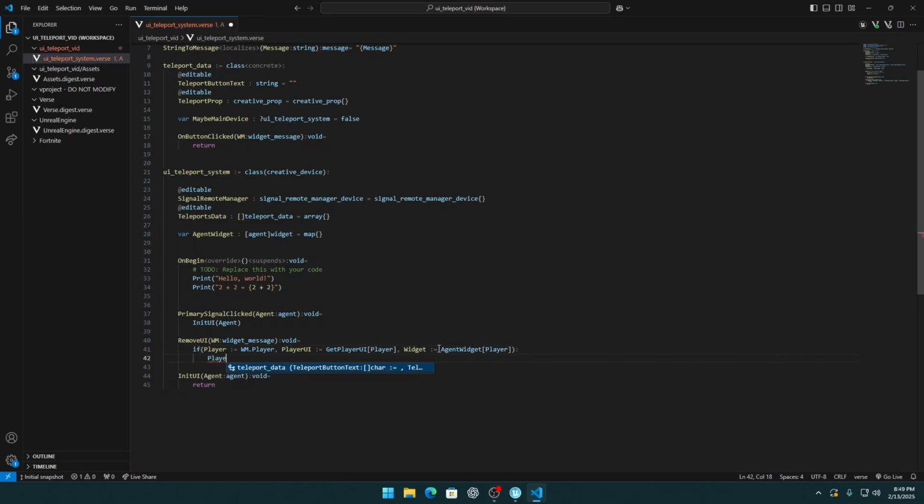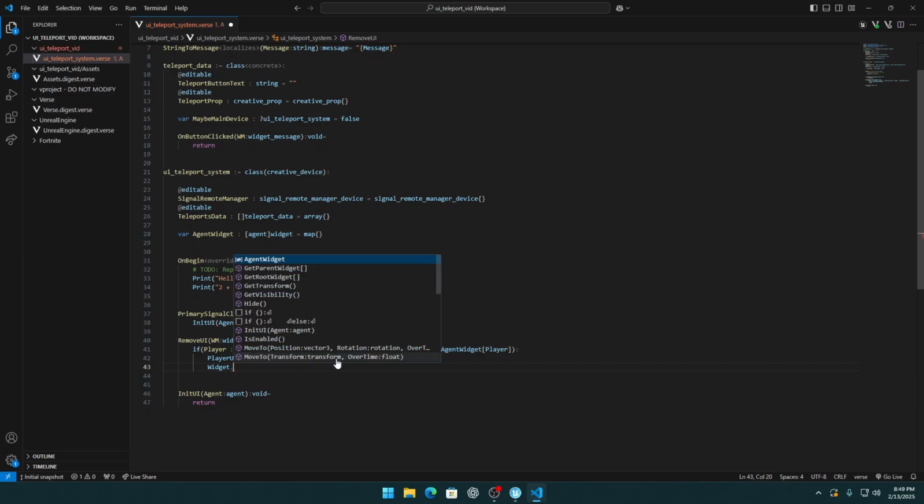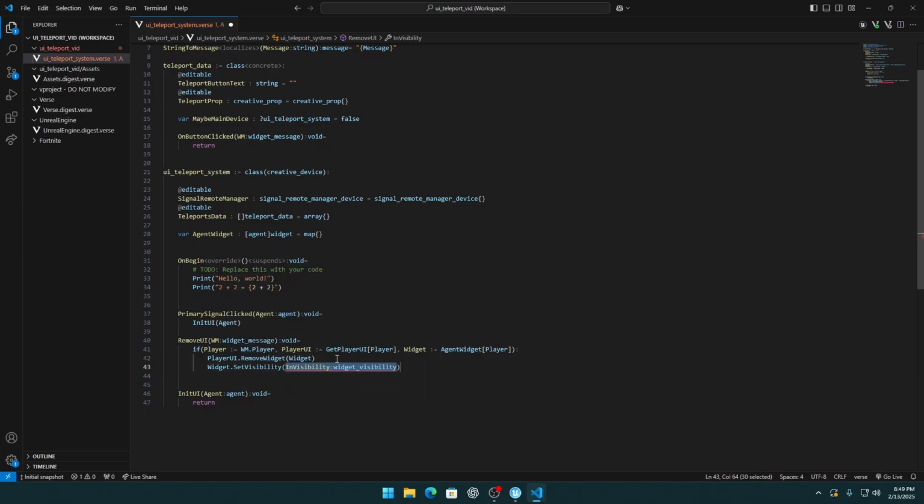Okay, and now we need to do the player UI dot remove widget, and the widget that we will give the player in the init UI. So we remove the widget, and widget dot set visibility, widget visibility